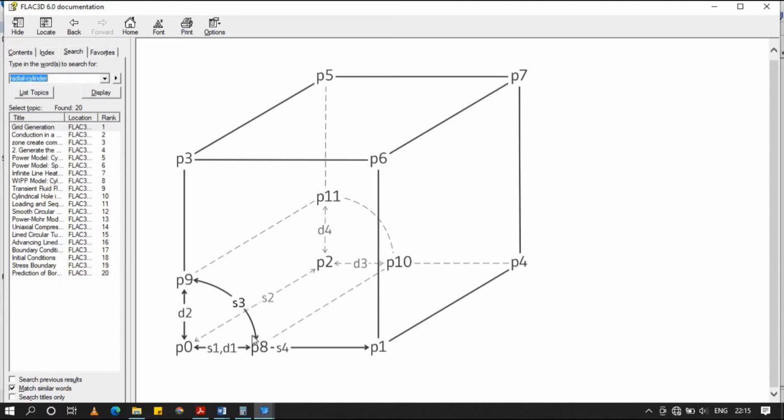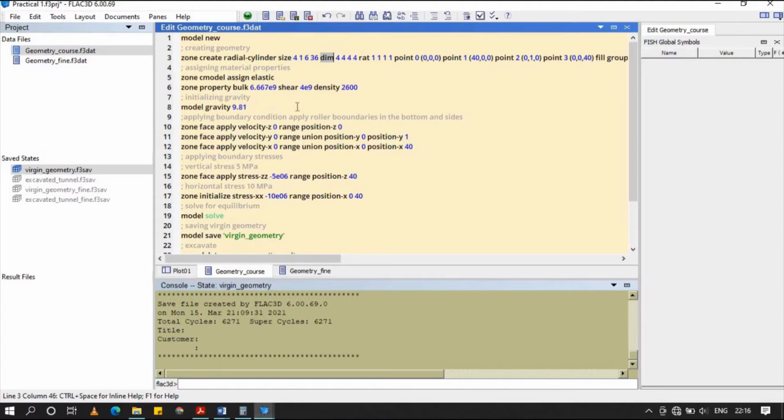So the arc is 1/4 of the perimeter. If you find 2 pi r divided by 4, you will get 6.28. If we are keeping 4 elements in this S3, each element will have a dimension of 1 point something, equal to 1.047, almost 1 meter. So S3 also we are keeping 6, since the dimension is 6 meters.